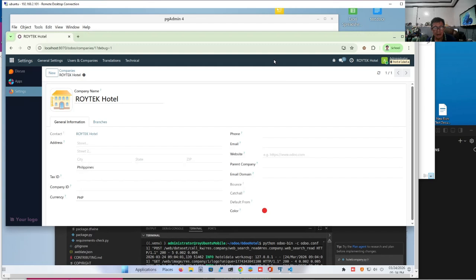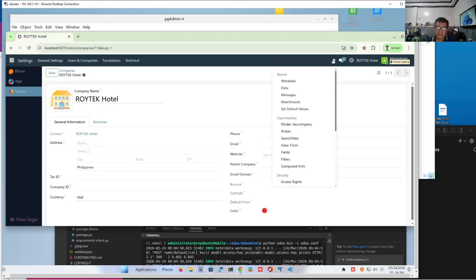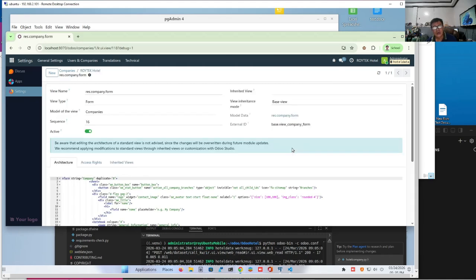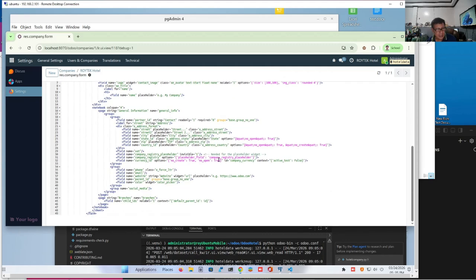and we will try to edit this user interface without doing hard coding. Is there a way? Yes. If we are in the developer mode, we can click this and we can identify the view. Okay, there it is, the view, the form view that represents. This is actually an actual code which you can look for in the add-ons folder in Odoo. We don't have to look for it anymore. We'll just edit it right here.